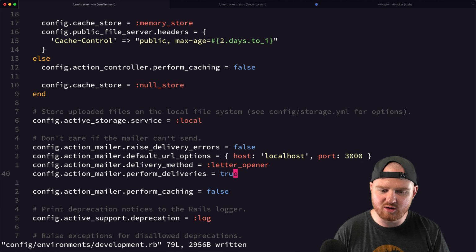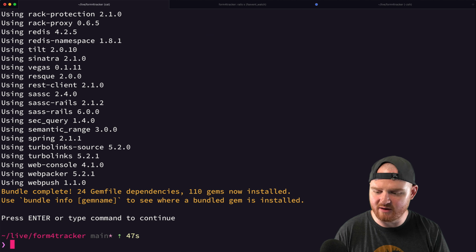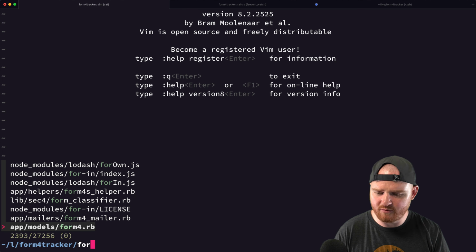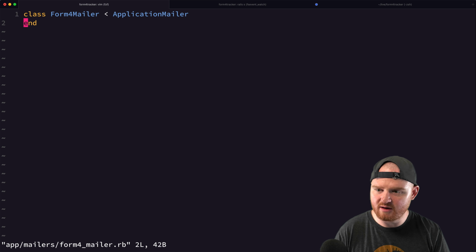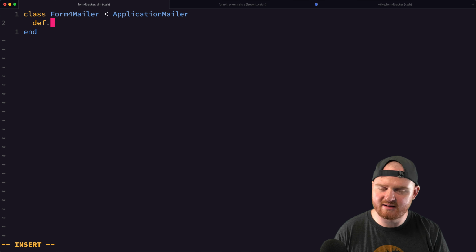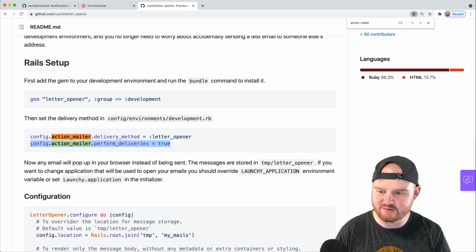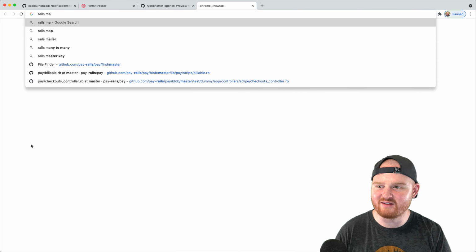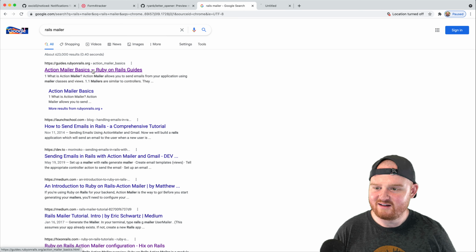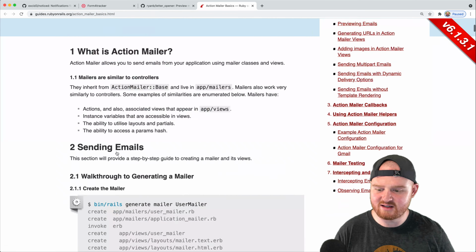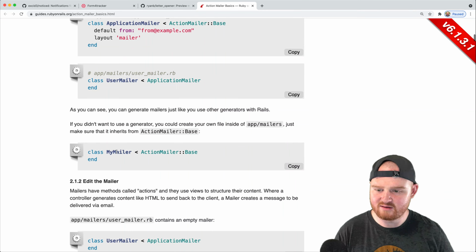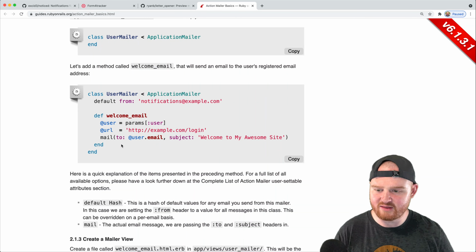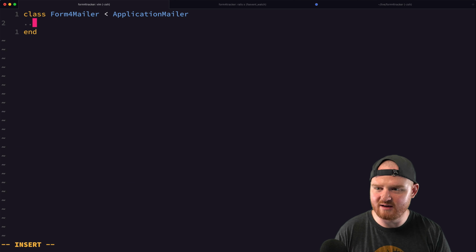Okay. All right, so let's just test our mailer. Form for mailer. What is this? Oh gosh, I forget how all of this works. Rails mailer. Oh gosh, Action Mailer basics. So we have to create a method, right? Yeah, okay. So we'll just say